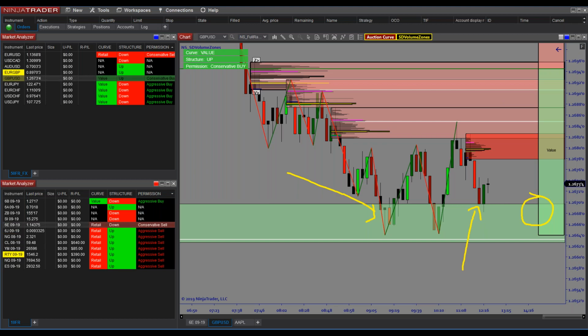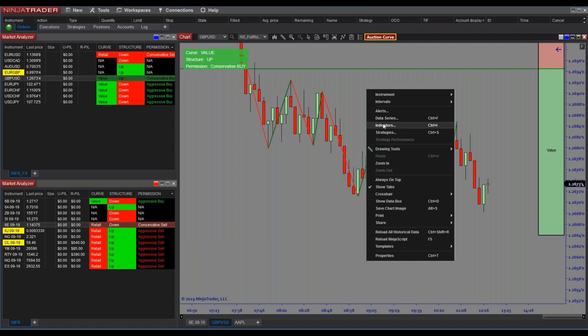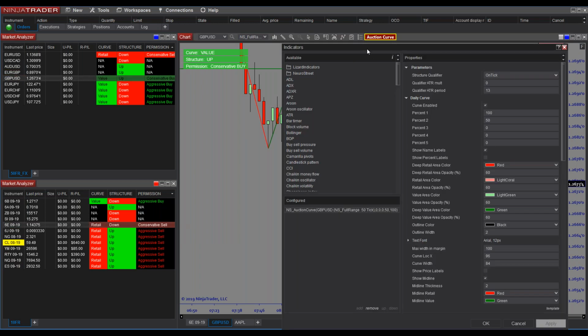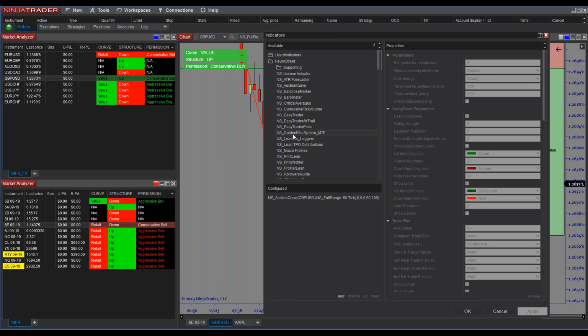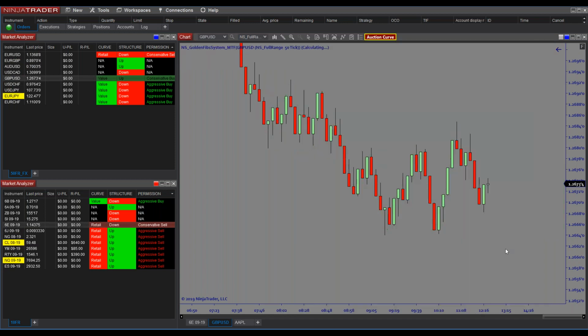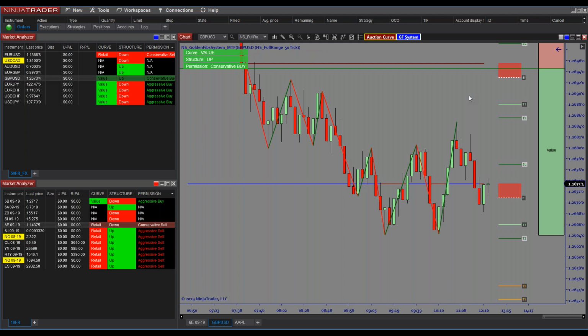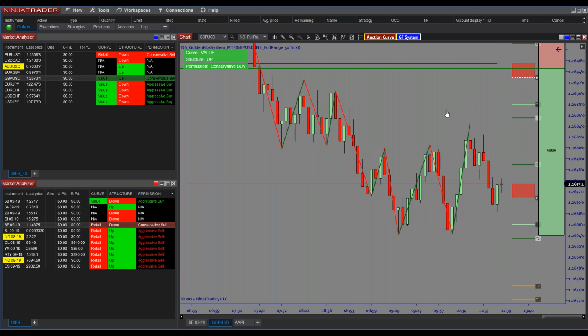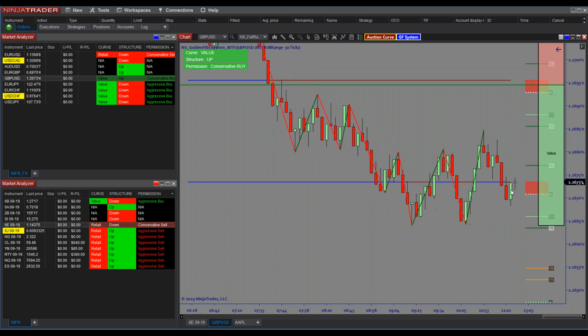Let's go in here and show an example. I'll take the zones off. I could add anything. I could add Fibonacci levels. Let's just do that for a second. Let's see if we got a level there. I'm just going to show you examples. There's a level right there. Price comes down into a support level with confirmation. It's sitting there bouncing off of it.